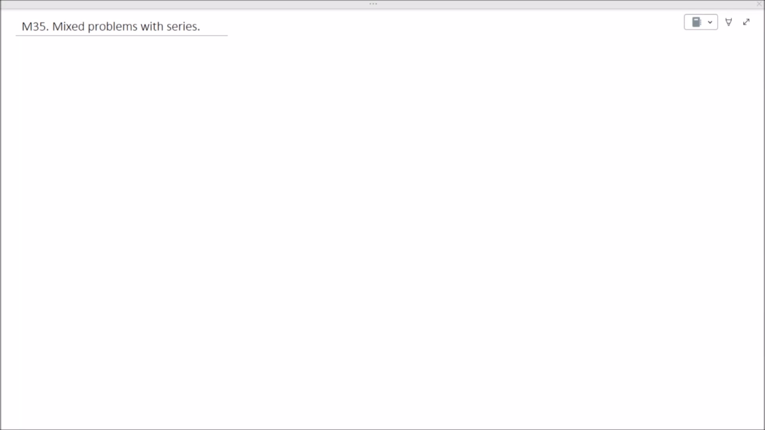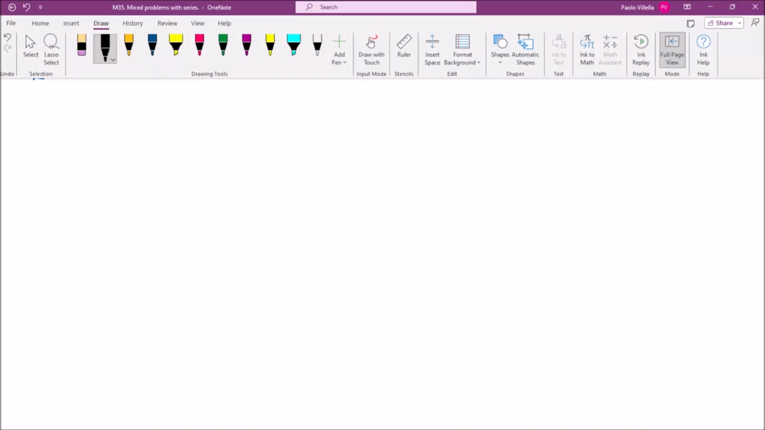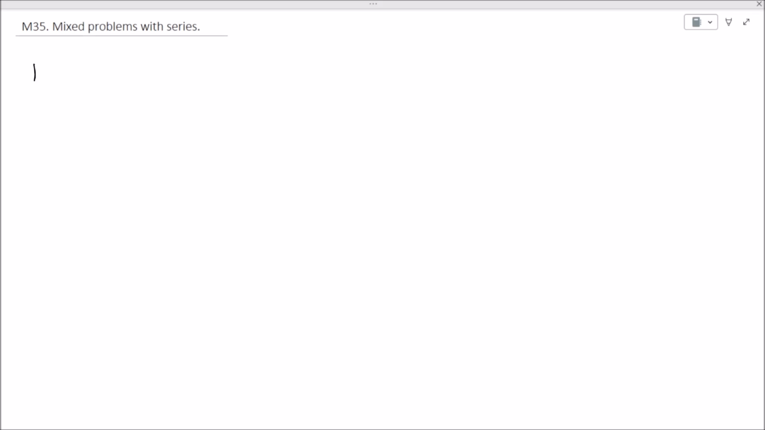Welcome to lecture 35, where we will solve the mixed problems with series. Let's start with example 1, the first example, where we have this series, the sum as n goes from 0 to infinity of